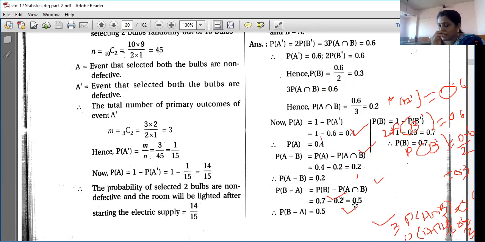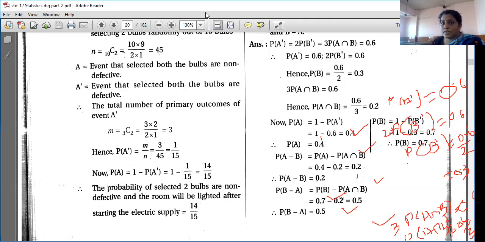Right. So this is the way you have to solve your sums. Whatever is given in the question, you have to make use of that and solve the given question. Whatever is asked, you have to find out. Here A dash was given, so you have to find P of A, and B dash was given, so you have to find P of B with the help of A dash and B dash. Right? Now we'll see the next exercise. Here we are ending our exercise 1.2. And now we will see exercise 1.3.